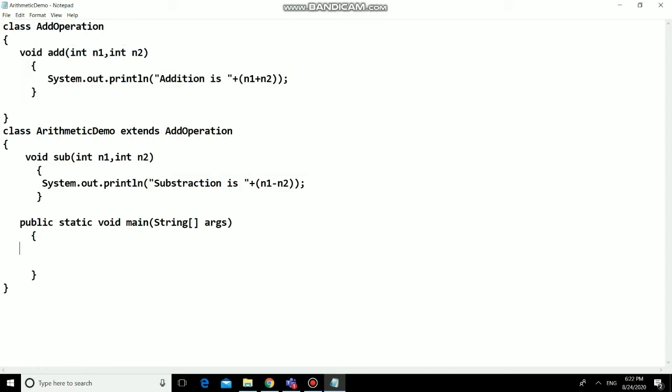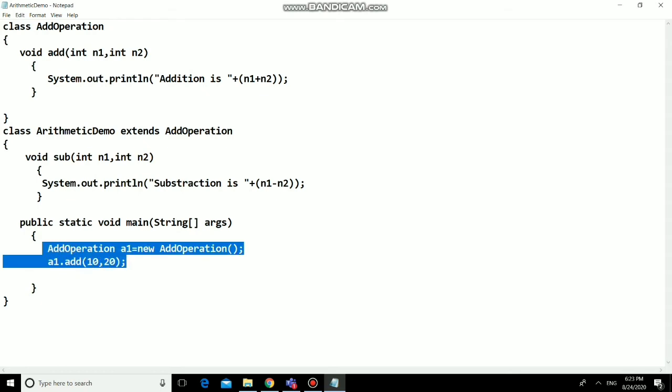Getting it? So let us create objects. I will create the first object of AddOperation, that is the parent class, a1. This will create the object of AddOperation, and by using a1 I can call only the add method. So give inputs 10 and 20.